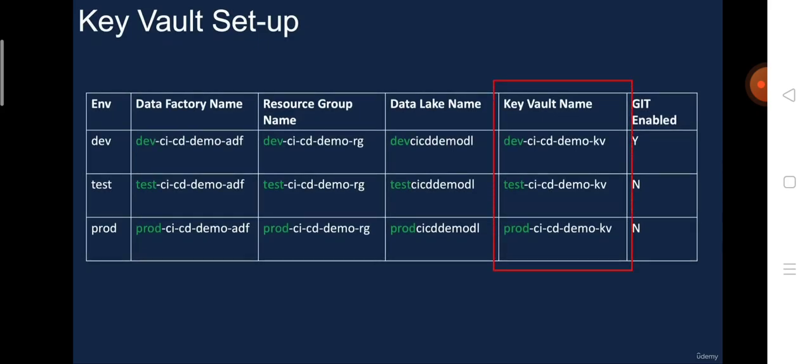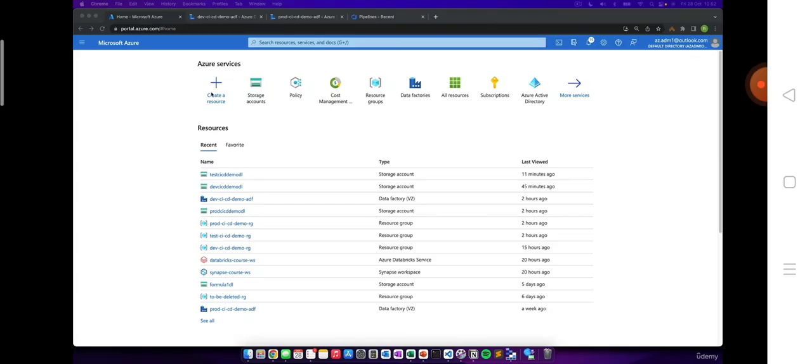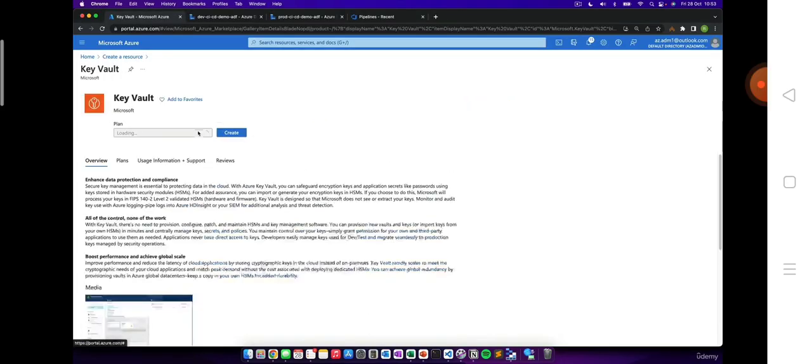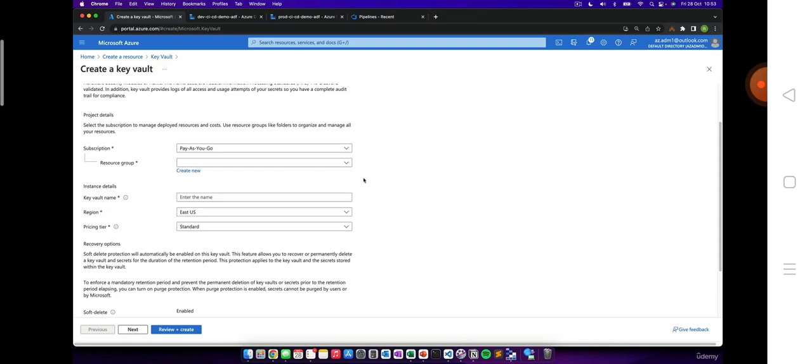Let's switch over to the Azure portal and start creating the key vaults and set up access. Here we are in the Azure portal. Let's click on create a resource and search for key vault. And let's click create here, and let's pick the subscription, which is my pay-as-you-go subscription. And as we said, we're going to use the same resource groups, which is my dev CI/CD demo RG for